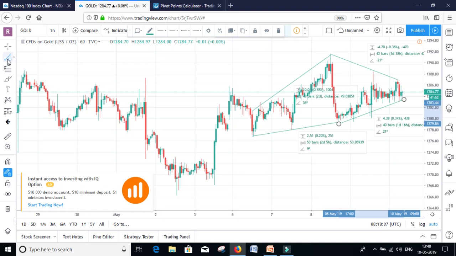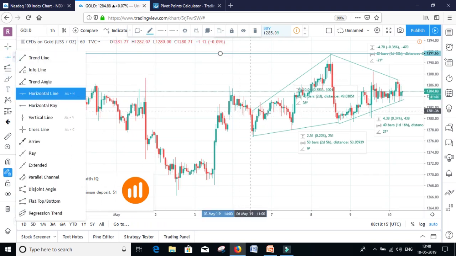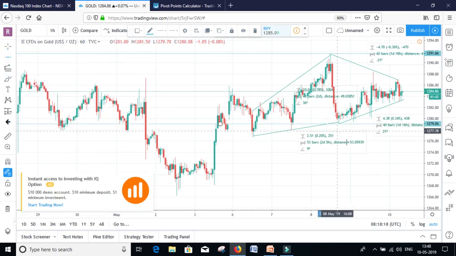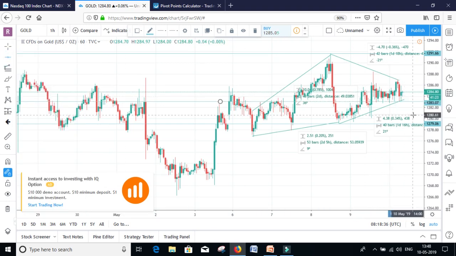So if the price has gone down, we can easily check from where we can get our targets. We just draw a horizontal line to ascertain the top and bottom. If it is the top and if it is the bottom, the difference between both of them is 1291 to 1279. That means the level is of $11. Once the price breaks, we identify the level of break, that is 1283. If the price breaks 1283 levels and closes beyond that, then we can identify that the price target is almost around